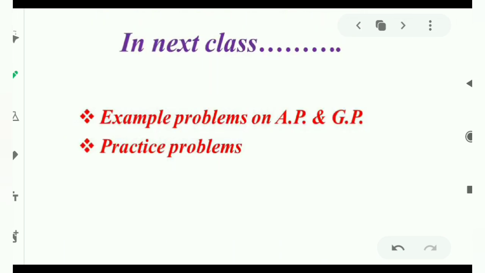In the next lecture, we are going to see an interesting thing. You all guessed it, right? Yes, we are going to see example problems on progression and LCM HCF. So, as the first thing, we will see the example problems on APGP. In the next lecture, I'll provide the example problems on LCM HCF. In the next lecture, important lecture, I'm going to provide the practice questions. After solving the practice questions, come to the solution of practice problems that I will post in the later part of the module.